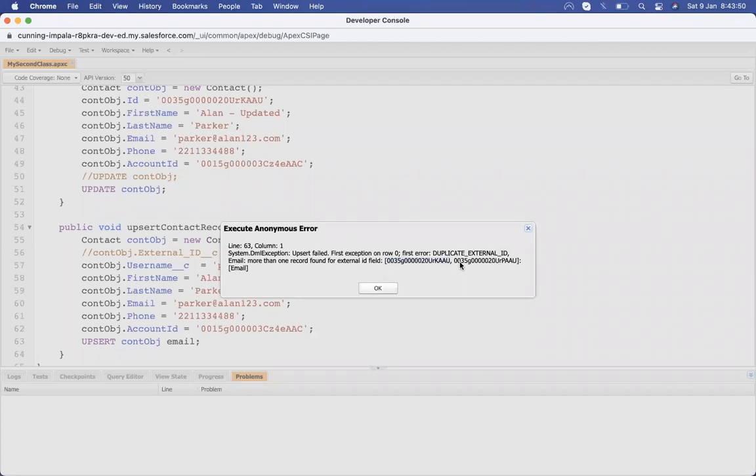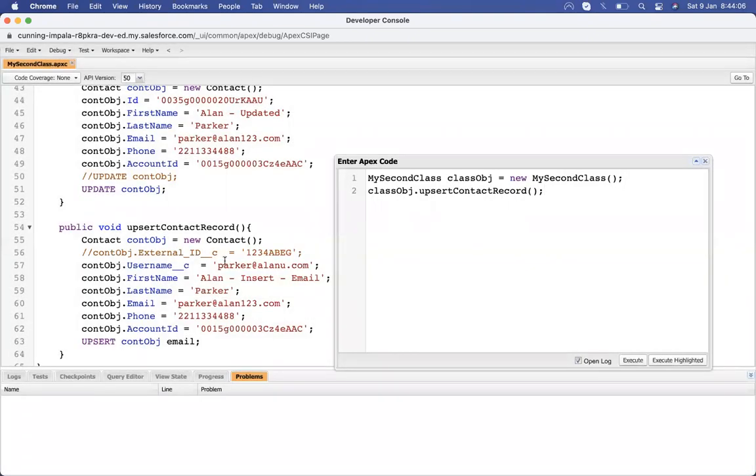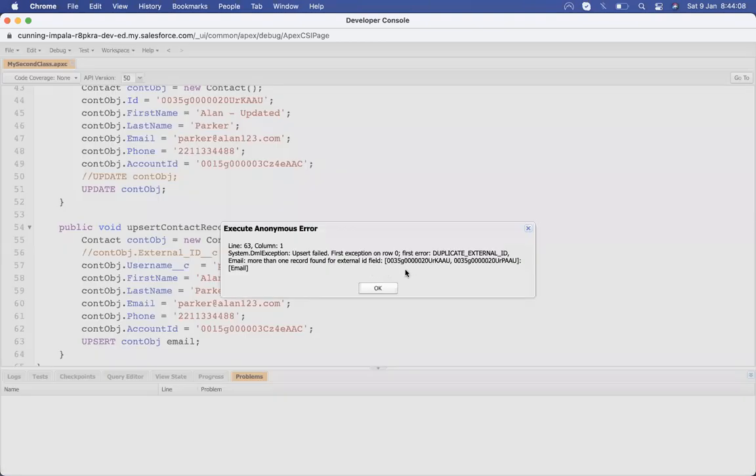These two external IDs have the same email address. One or more records found for the external ID, and it has the same email address, so that's why it's causing an issue. Let me find those records.